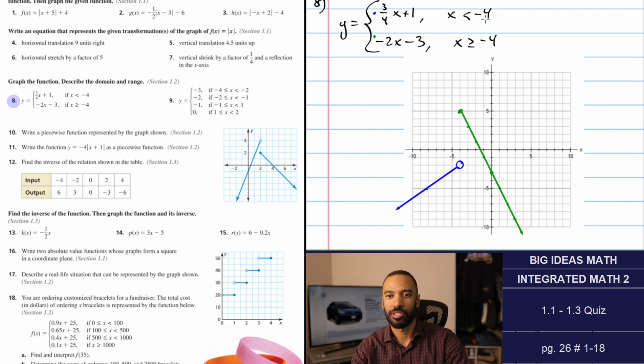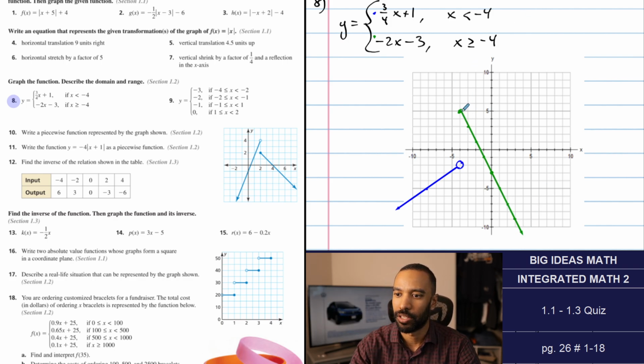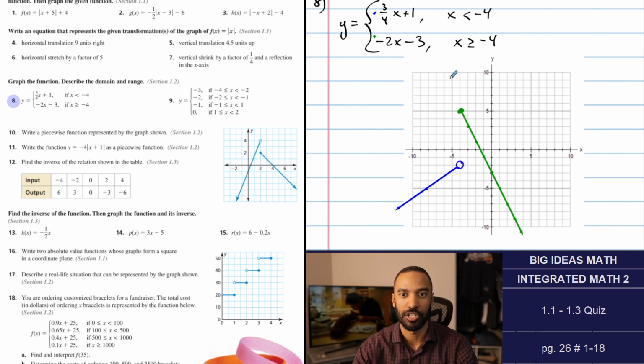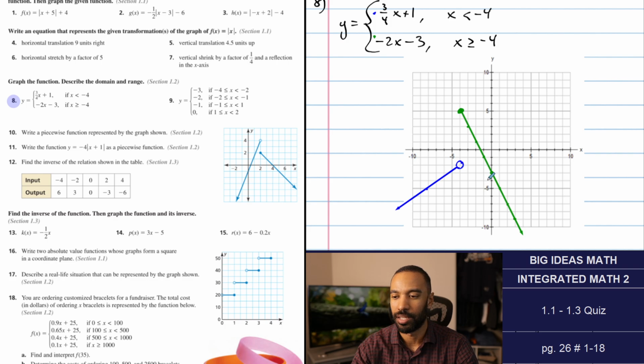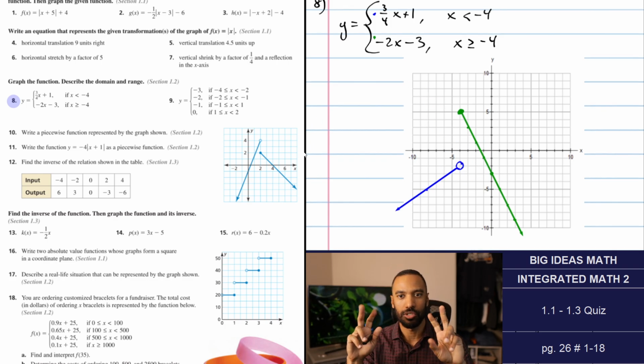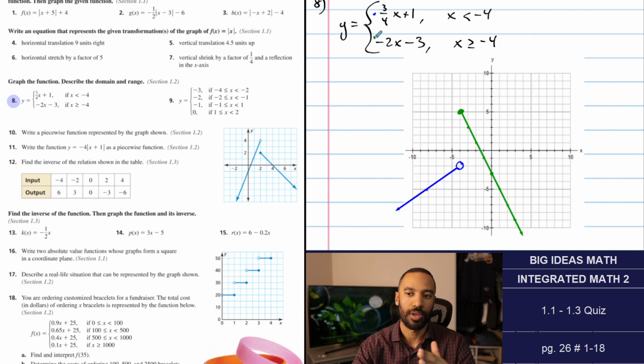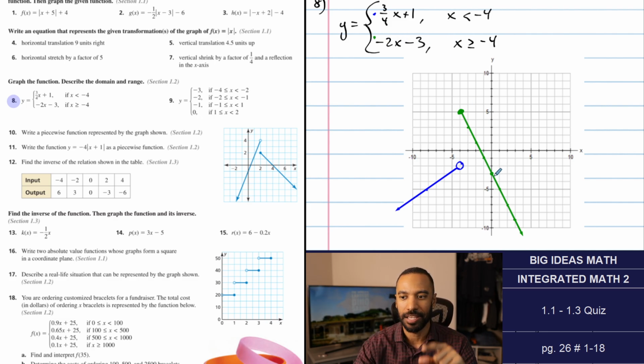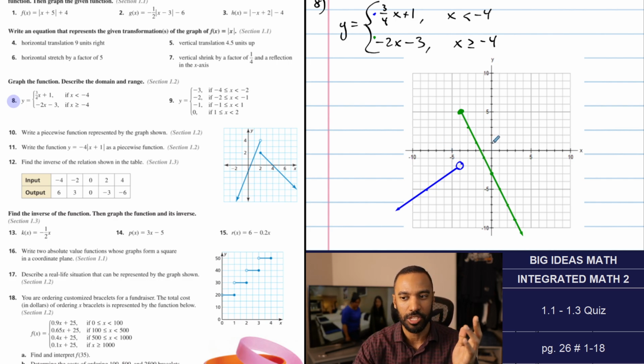These are the two components of that piecewise function. They look like that in total. I will go ahead and get these as a single color in just a moment, but I wanted to make sure that you saw exactly this. And that is the piecewise function we have. Now, the alternative way to do this, I would still do the green one the exact same way as I did because I can hit the y-intercept as one of my points. But the blue one got a little weird because I had to erase points or visibly trace that,